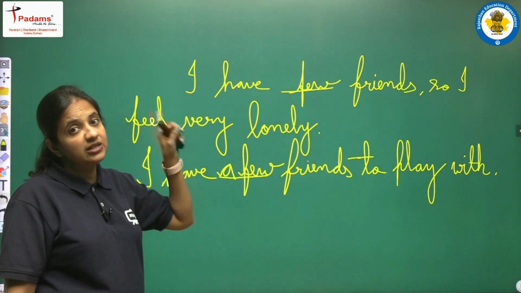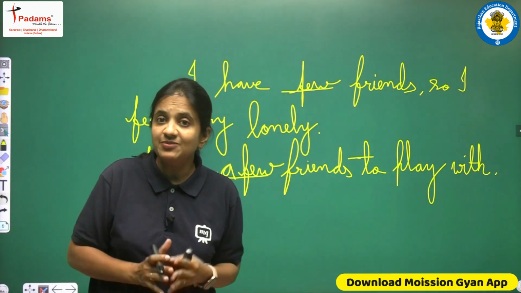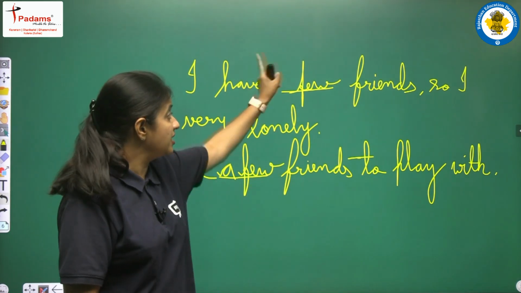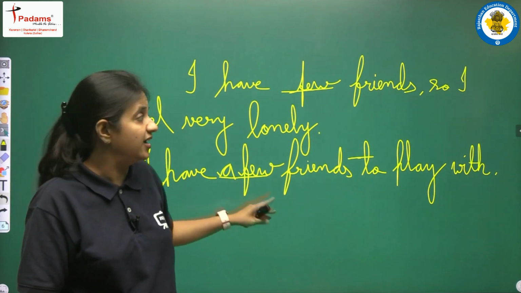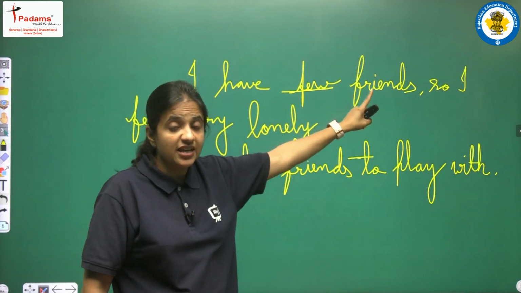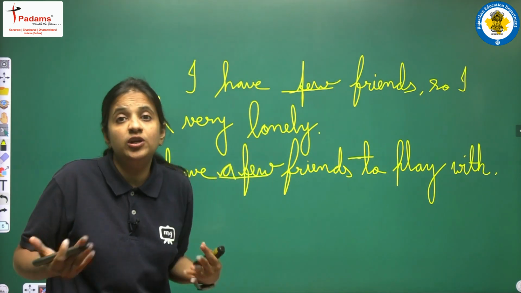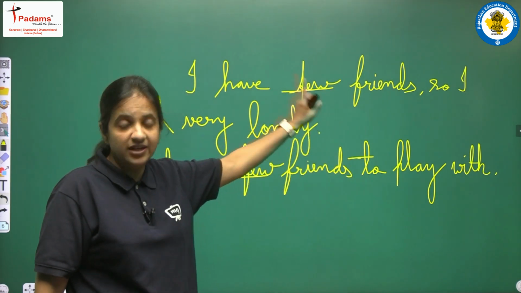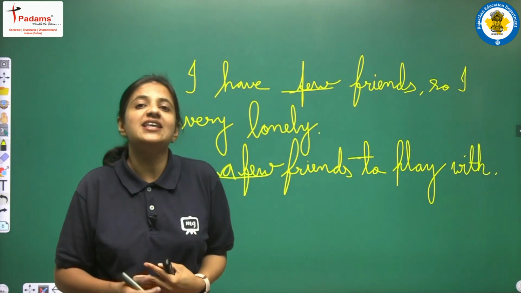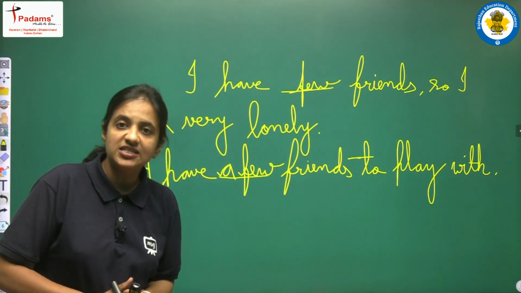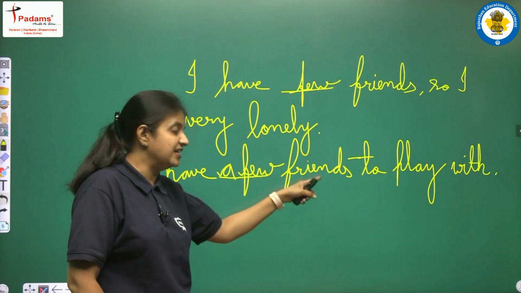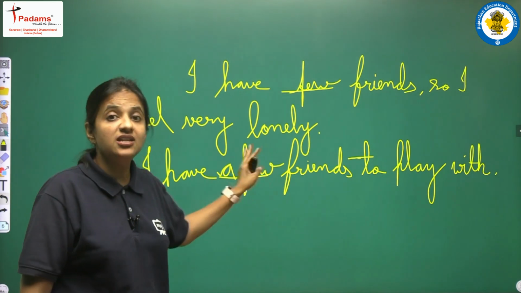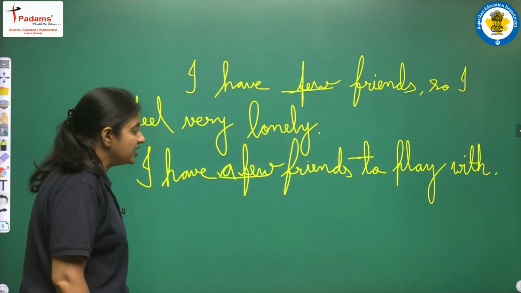So students, look at the difference very carefully because आपको difference समझ में आना चाहिए, आपको अलग अलग sentence structure समझ में आना चाहिए, ये difference clearly आपको आना चाहिए कि हमें कब few use करना है, कब हमें a few use करना है. So in this sentence we are having the negative sense. We are saying that I feel very lonely because actually I have no friends. So for that negative sense we have to write few here. Here we are saying that yes, I have some friends and I play with my friends. So it means we are trying to say that I have some friends. It means friends हैं. So they are the positive and this is the reason to show the positive number we are using a few.